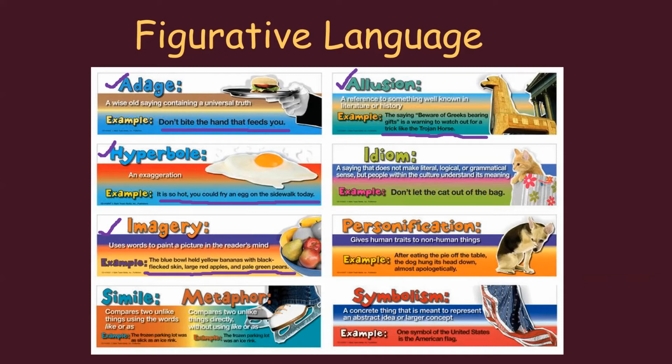Beware of Greeks bearing gifts, because that actually happened in history where they played a trick on other people using a Trojan horse. And so today we use Trojan horse in the technology world to signify a bad virus or something like that. So beware of Greeks bearing gifts would be an allusion, and a Trojan horse would be an example of that allusion. It comes looking peaceful and friendly, but in fact is out to get you and is bad.